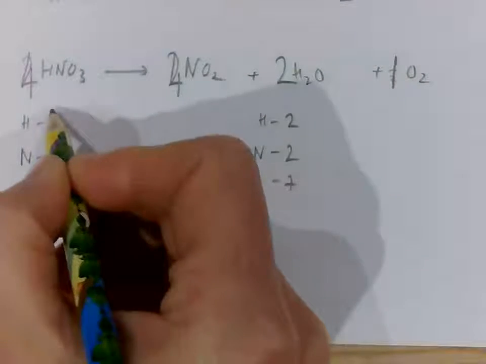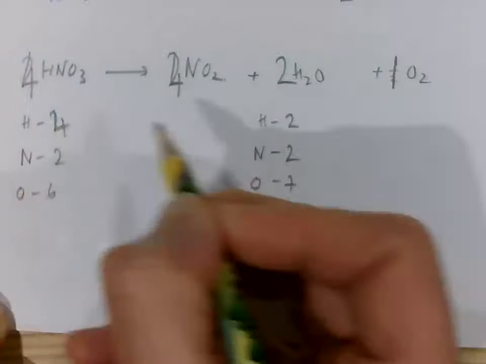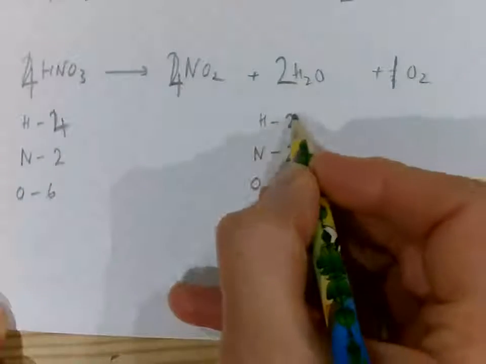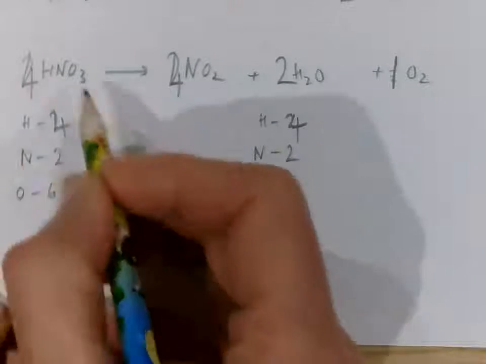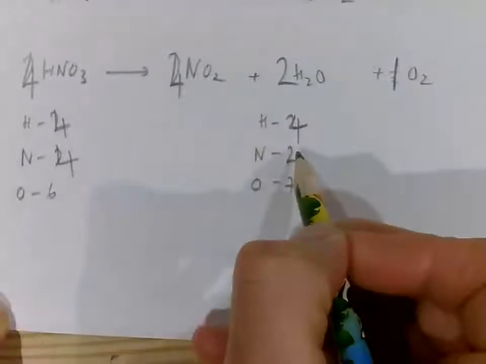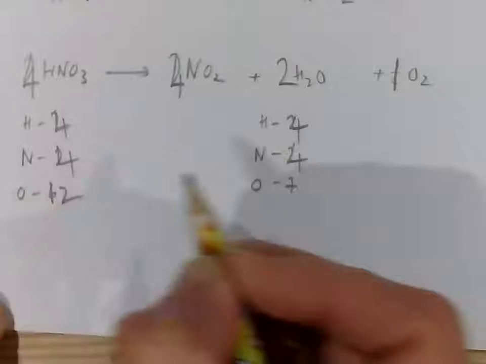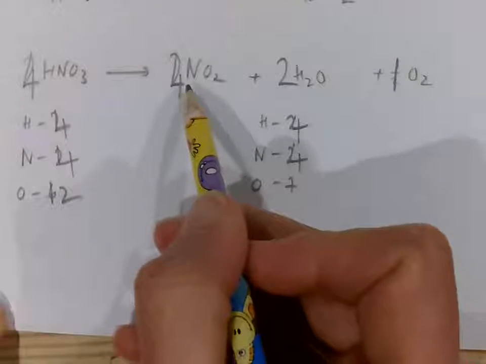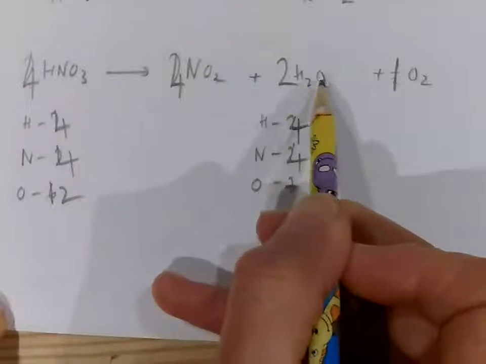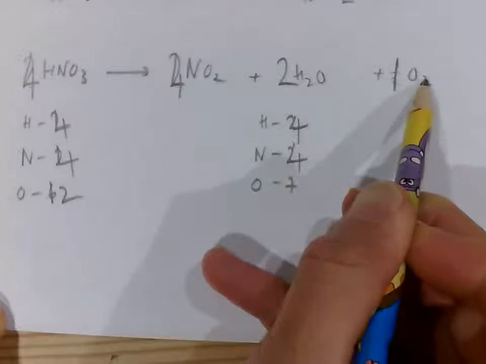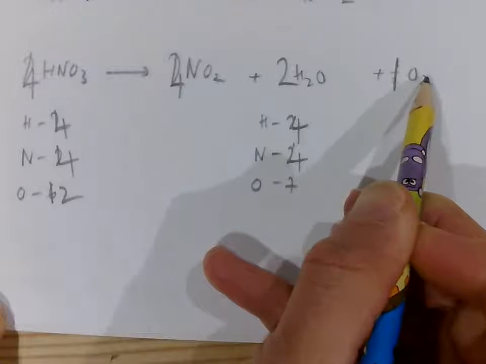So let's try that. So here I've got 4 hydrogens and I've got 4 hydrogens. Here I've got 4 nitrogens and here I've got 4 nitrogens. Here I've got 4 lots of 3, so I've got 12 oxygens. And over here I've got 4 lots of 2, that's 6, 7, 8, 9, 10,